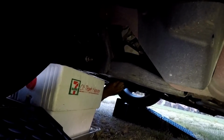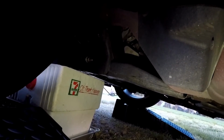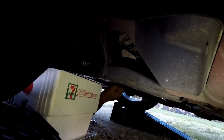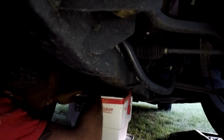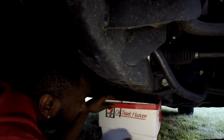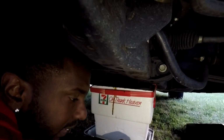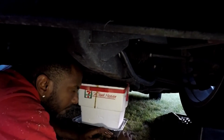My suggestion is to get it to about hand tight so that you can just do it with your hands. That way it's just a little bit easier. Once it's hand tight, you really just take it out, loosen it, and then there goes your oil. And then you just let it drain. It's a little warm. Yeah, I see it on your hands. They do have quick dry